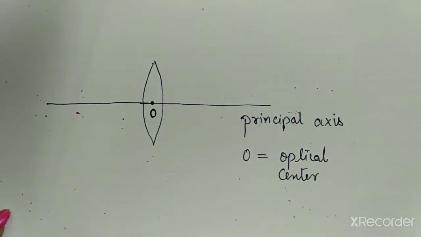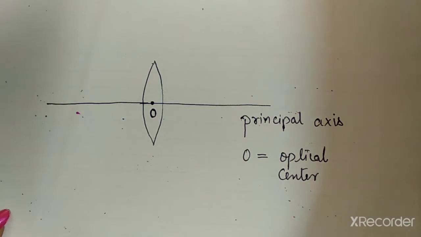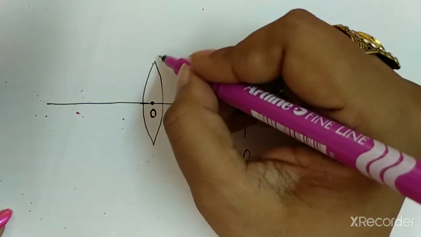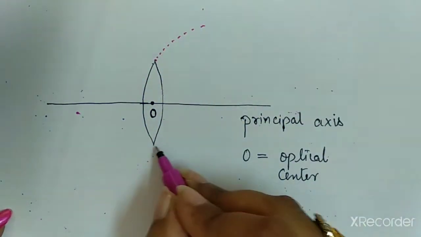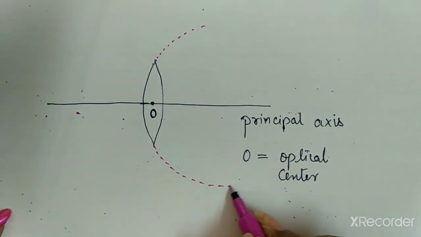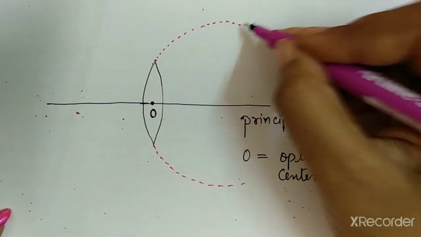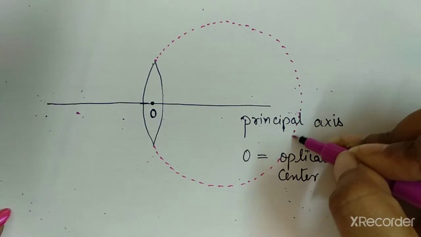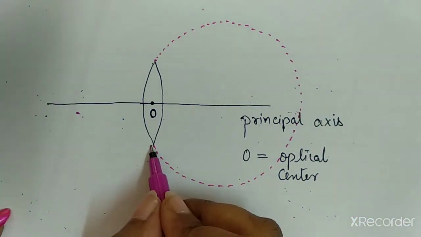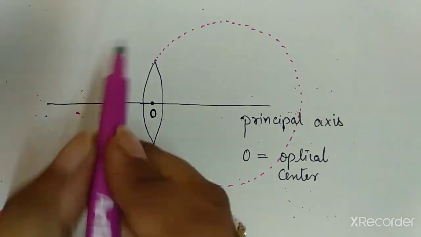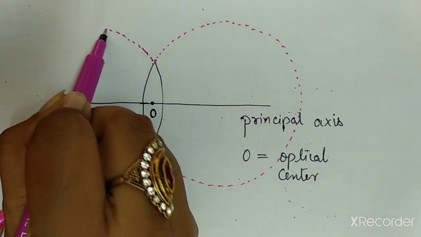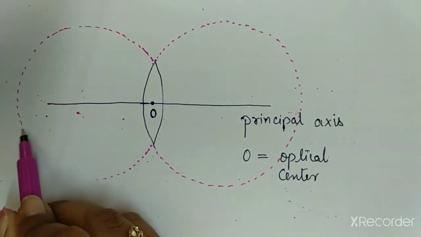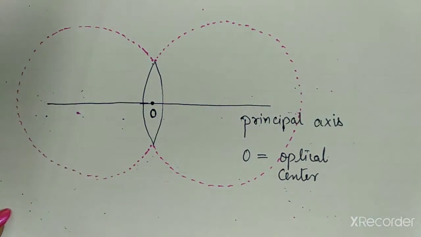And as you can see, I can draw two spheres passing through this lens. So it will have two centers, meaning two centers of curvature. You all know that the mirrors or the lenses are parts of big spheres, right? So I can draw one sphere on this side. Same way, I can draw another sphere on this side. So on both the spheres, we'll have a center. That will be the center of curvature of the lens.